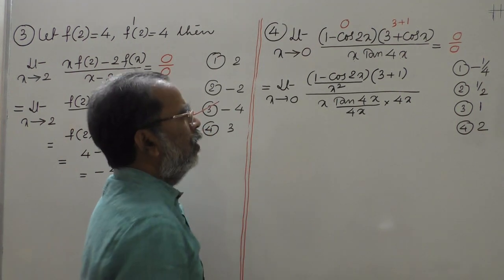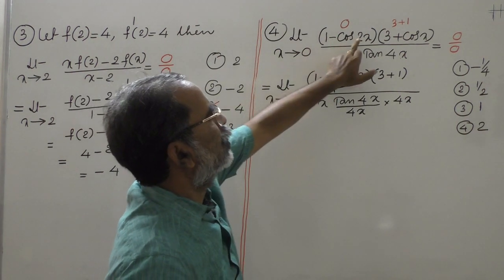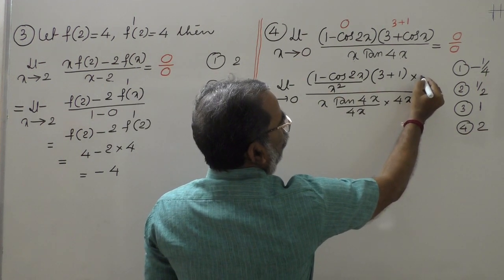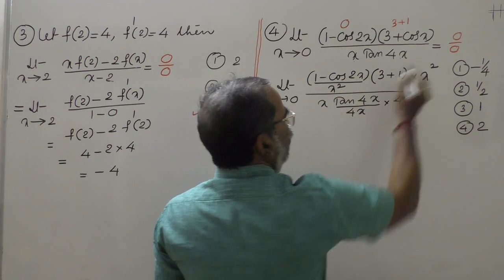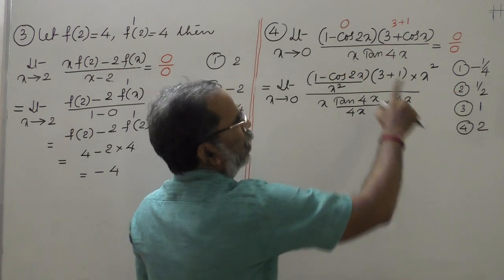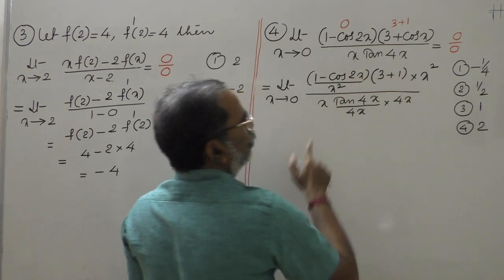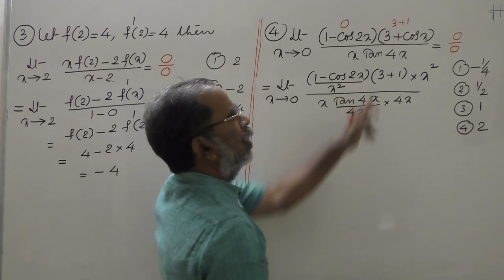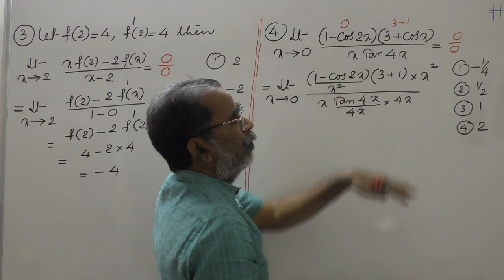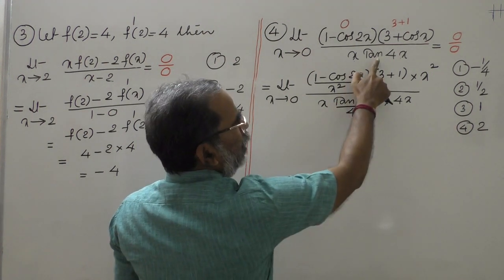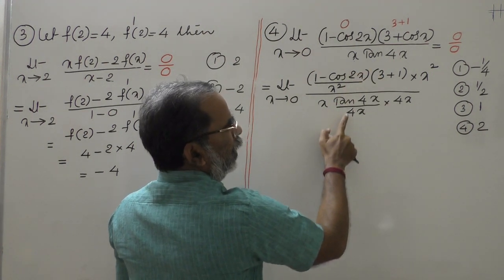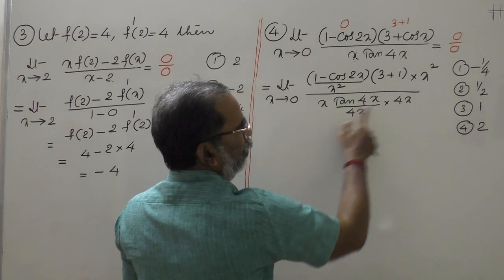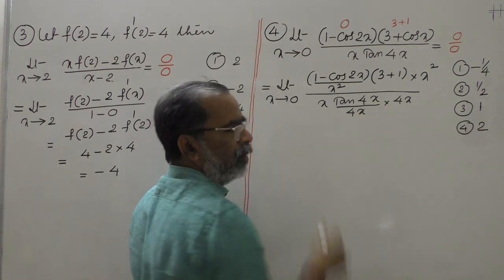Yes, now see, 1 minus cos 2x. I have divided this by x square, so I have to multiply. I will write here: for this nothing is done, just substitute the limit. Here I wrote x as it is, tan 4x. For this also the value is 0, therefore I am using the standard limit for this. I have tan x by x is 1, no? So I have multiplied and divided by this.